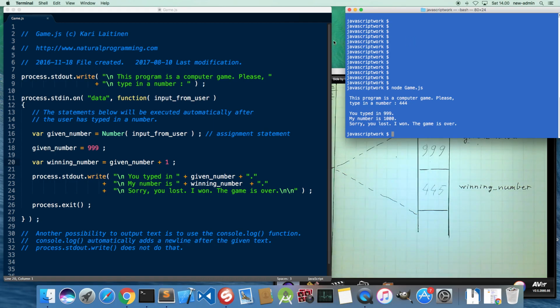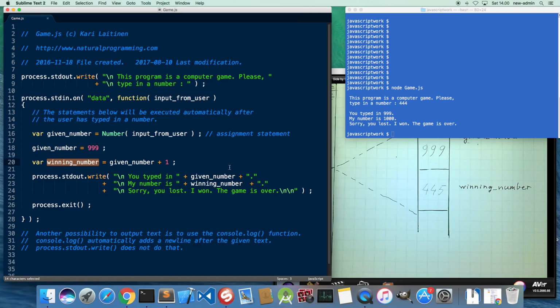What happened here is that immediately after the 444 was stored into this variable, a new value was stored into this variable, and then that value was used when this statement was executed. So for that reason this winning number got this value